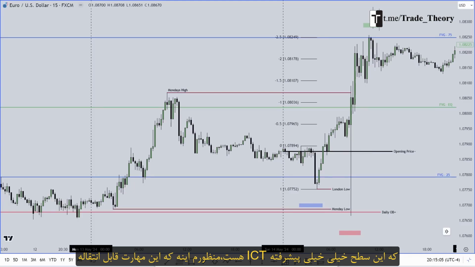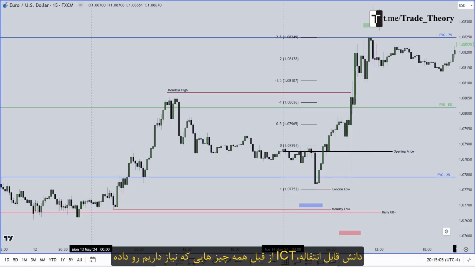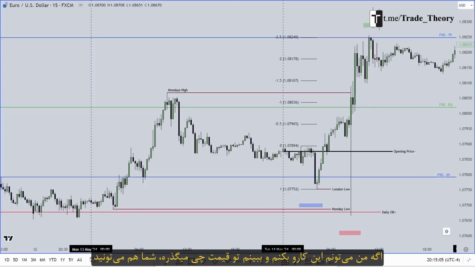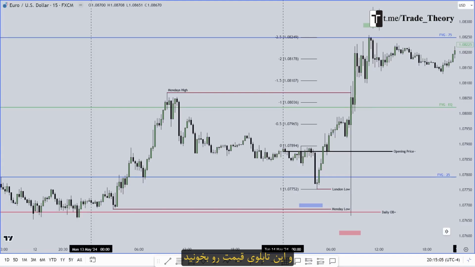My point is this, right? This skill is transferable. The knowledge is transferable. ICT has already given us everything that we need. And if I can do it and I can see what's happening in price, so can you. It's just going to take a matter of time, and that's all it is. It's time, being consistent and showing up every day. There are a whole lot more things that I want to talk about during the course of this mentorship, and I'm extremely grateful that you even want to be here learning from me. If you submit to the time, I promise you, I can help you understand these concepts much, much better, and how to read this tapestry of price.